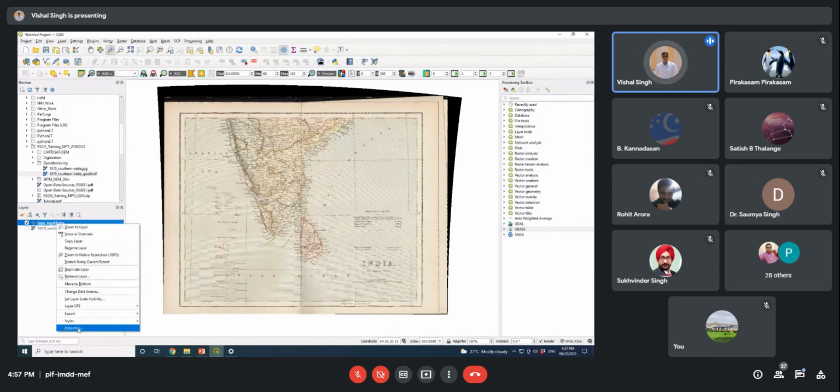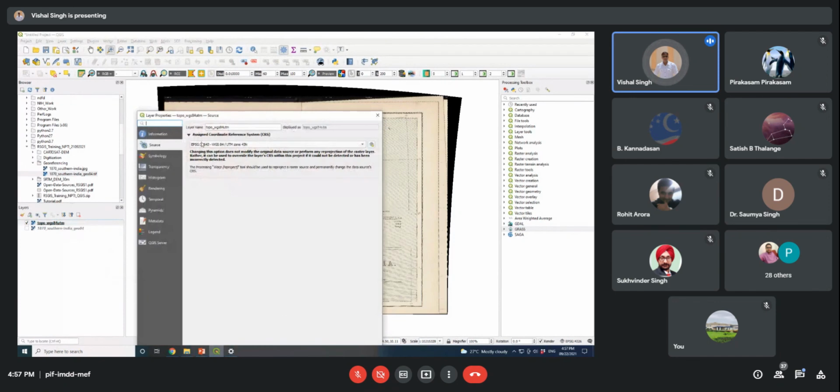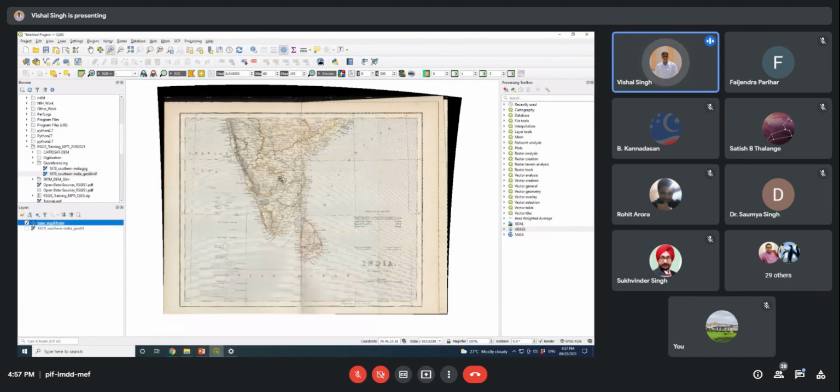Now if you go to the properties and see the CRS, it is showing UTM zone 43. So now this map is in the UTM zone 43 projected coordinate system. So now this map can be used for different applications to derive the attribute information and all that.